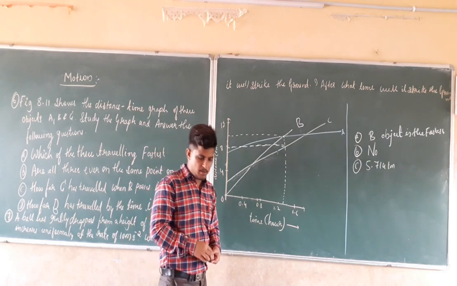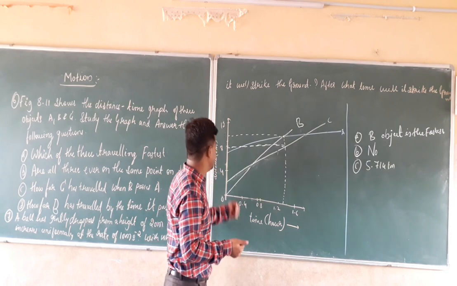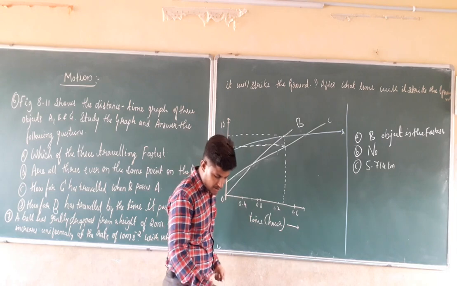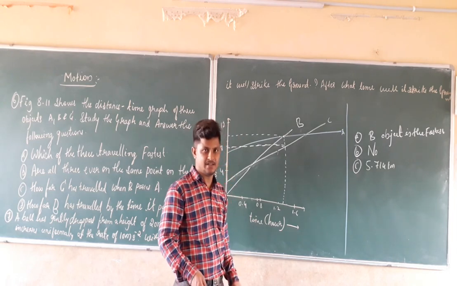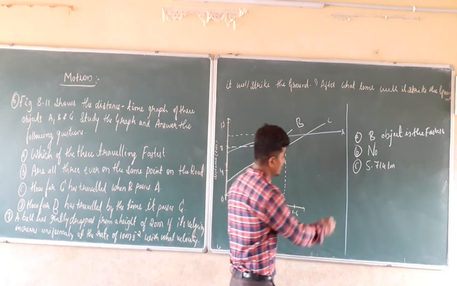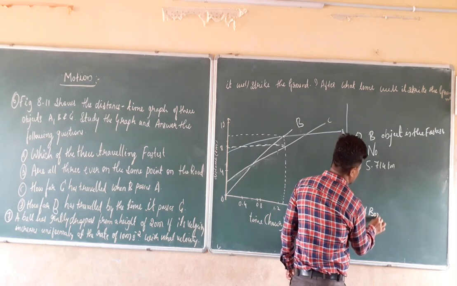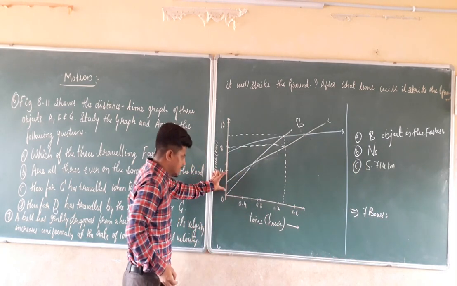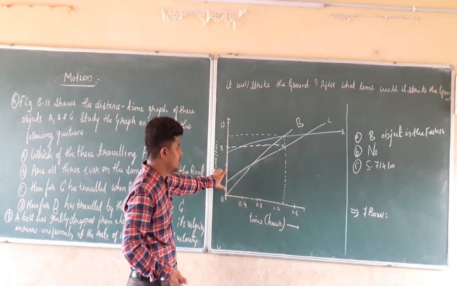When you check the number of boxes present in your textbook, that is nothing but the kilometers. On the y-axis, when you calculate the number of boxes, it is equal to 1, 2, 3, 4, 5, 6, and 7. Right? That is nothing but 7 boxes. 7 boxes equal to how many kilometers? The scale is taken here. 7 boxes constitute 4 kilometers.